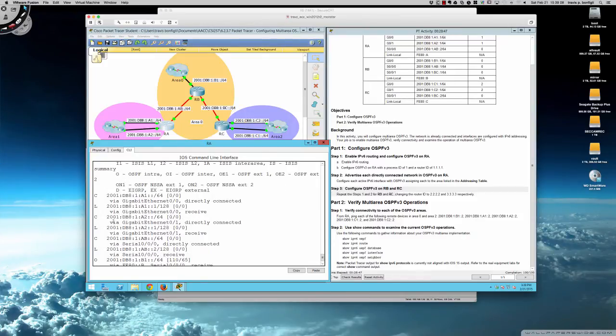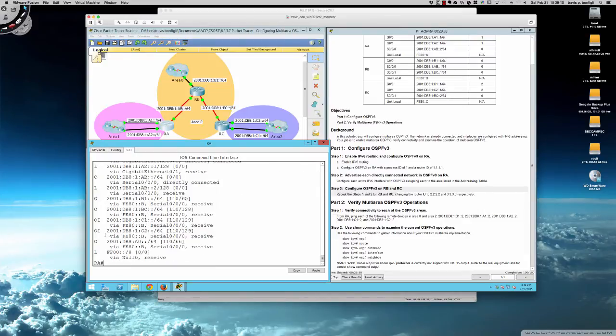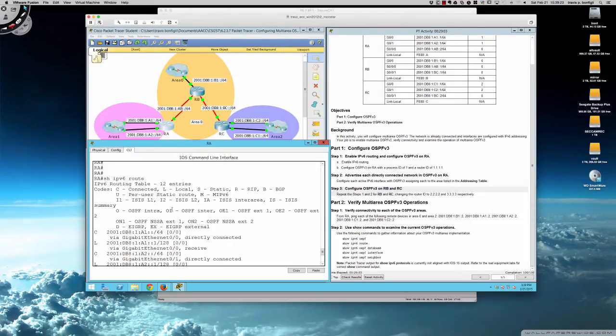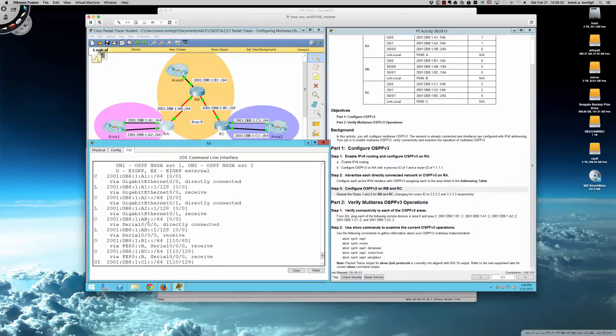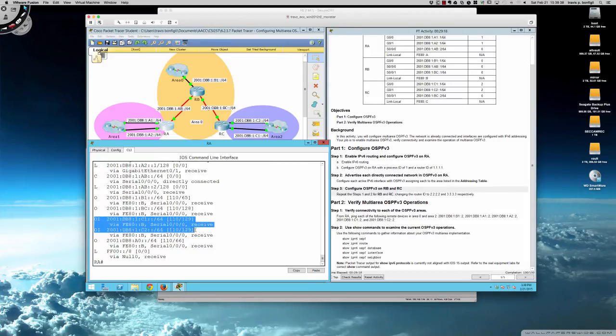You can see that we have some intra-area routes, right? The intra-area routes are routes that are in the same area that we're in, or the interfaces in that area. But then we have some inter-area routes as well. And we still have this same table up here, right? So the OI is OSPF inter-area, and the O is the intra-area. So on router A, he's learning about 2 inter-area routes from C1 and C2, which are these 2 networks over